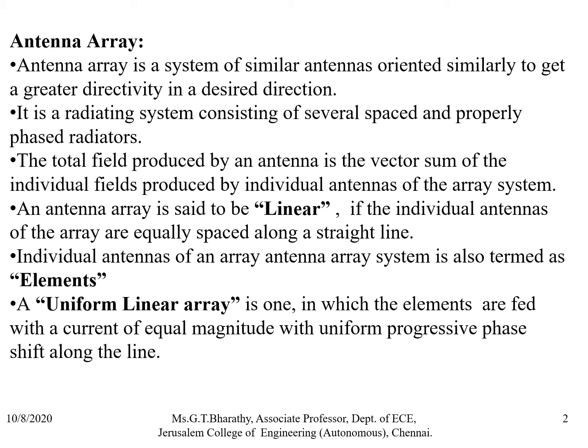So we have already seen what is an antenna array and what is the need for it. It's a system of similar antennas which are oriented similarly to get a higher directivity in the desired direction. So the total field will be the vector sum of individual fields, and if all the individual antennas, which are called as elements, are spaced equally in a straight line, it is called as linear. And if it is fed with a current of equal magnitude and uniform progressive phase, it is called as uniform